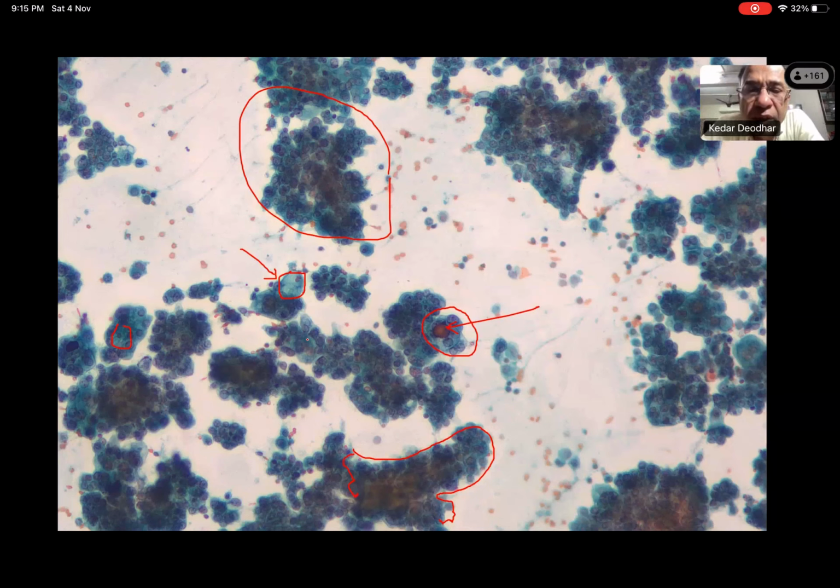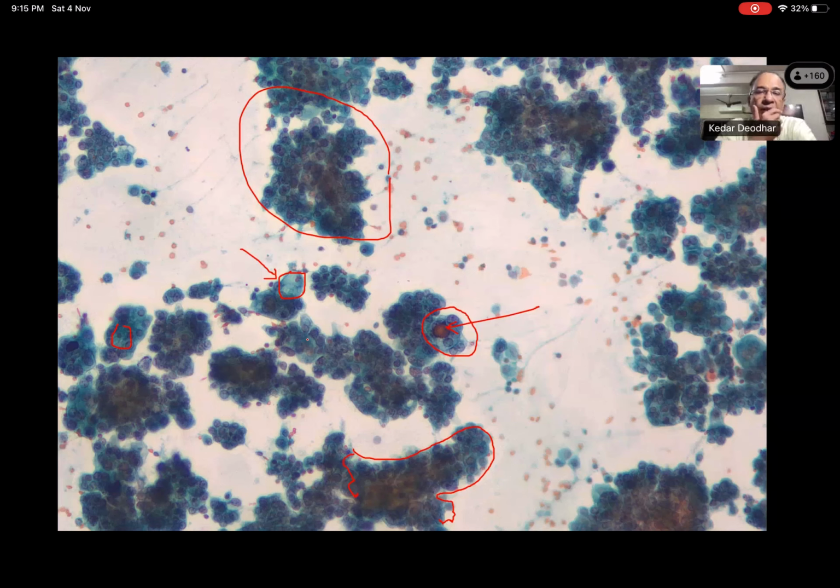And if we are seeing a smear which has artifact bubbles, we can't read the cytology. We should not be ashamed to say, okay, we can't get to the diagnosis. It's better to be conservative or safe and correct our staining than to give an over diagnosis of carcinoma. We have to be careful in calling something carcinoma, because an ascitic fluid diagnosis of carcinoma will straight away get the patient to chemotherapy. So we have to be careful in making these diagnoses.